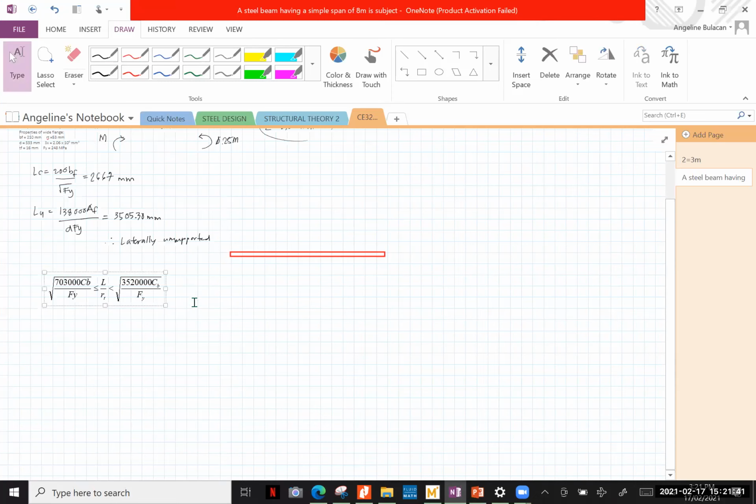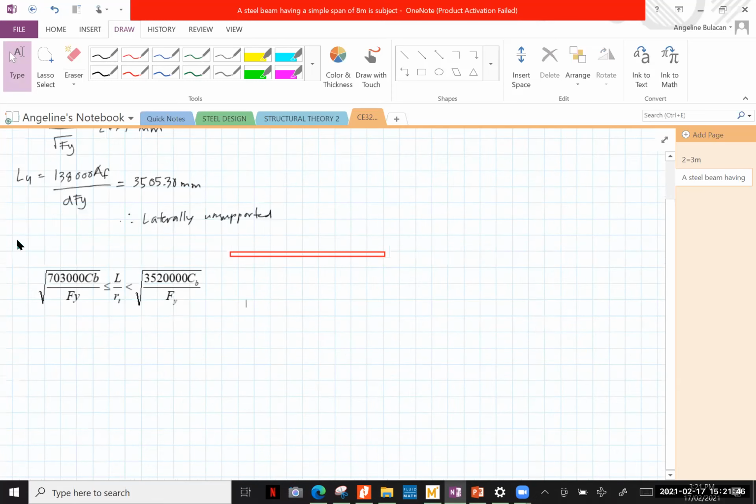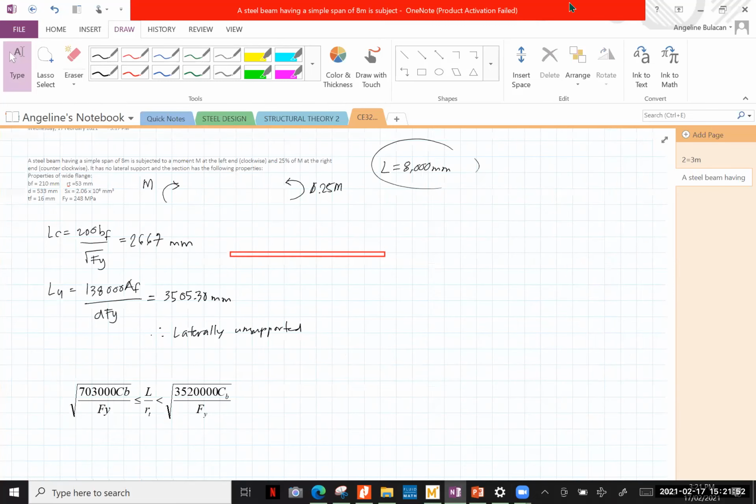Now, before we can solve this, compute muna natin yung CB. Di ba? Wala tayong value ng CB. Since merong moment, ito yung beam. Since meron tayong moment, kailangan natin computein yung value ng CB, hindi lang siya 1. So to solve for that, we have your equation CB is equal to